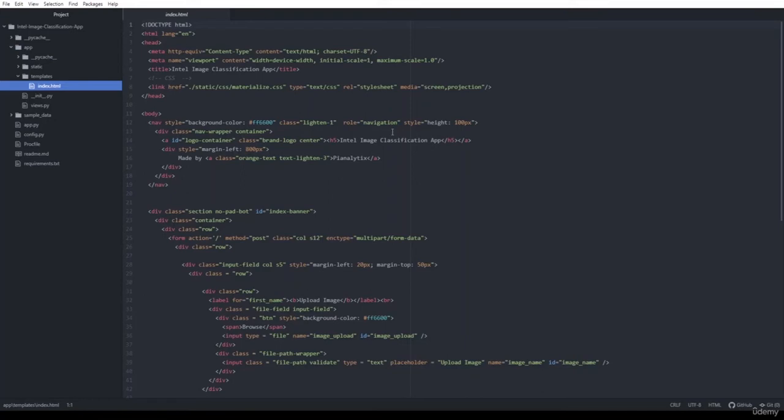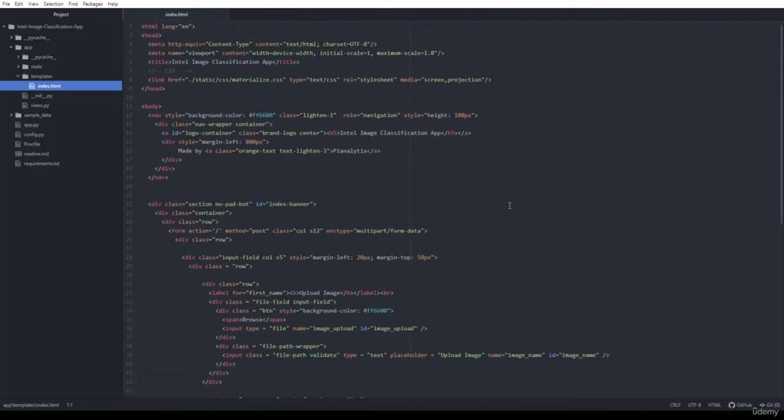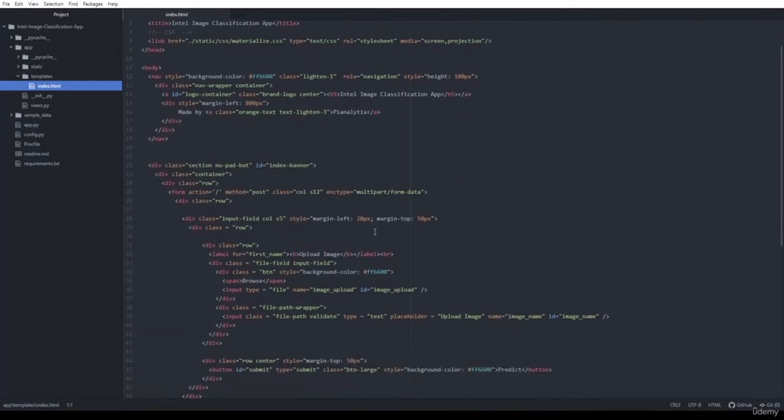So here you can see that in the first division, we have set Intel Image Classification App as our heading and made by PyAnalytics. Next, in the next division, we have created a button named Upload Image. So in the Upload Image section, we have created a button named Browse. So you can click on this Browse button and browse through the system to upload an image.